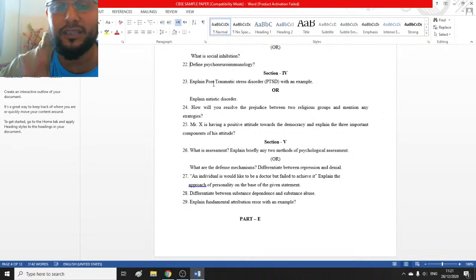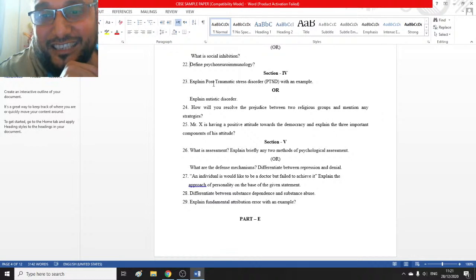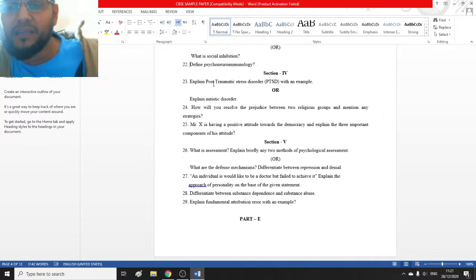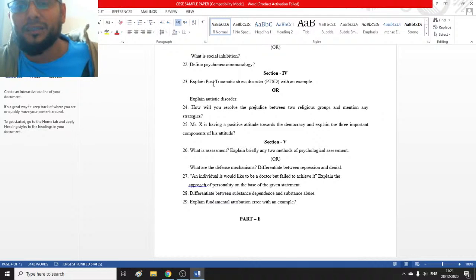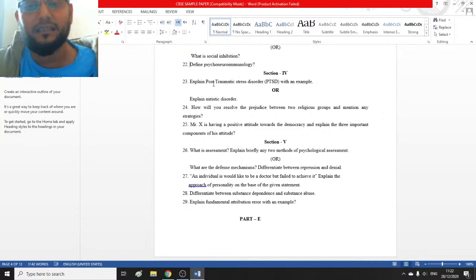Any example, you see, we have a case study also with PTSD given to you. You can give any example. I made this paper like this only to make it easy for you people to understand. Any example you give, any one person, you create a story. A person, due to a bomb blast, became a victim. He lost his loved ones. Nowadays, if you go to YouTube, you get many stories like this. A person met an accident or was a victim of a bomb blast and lost his loved ones. Now he is suffering with this problem.